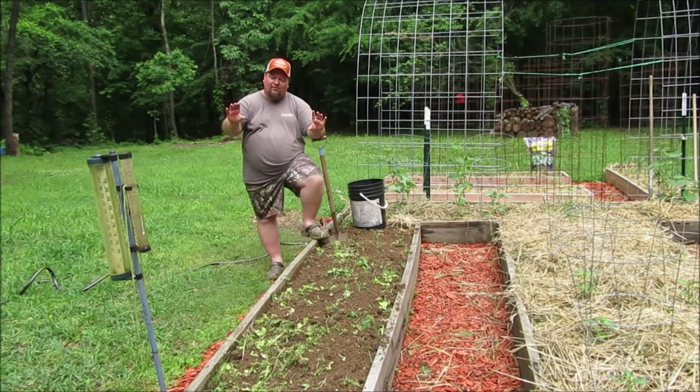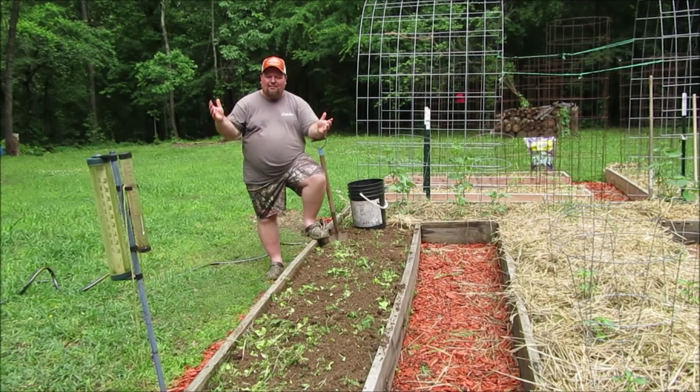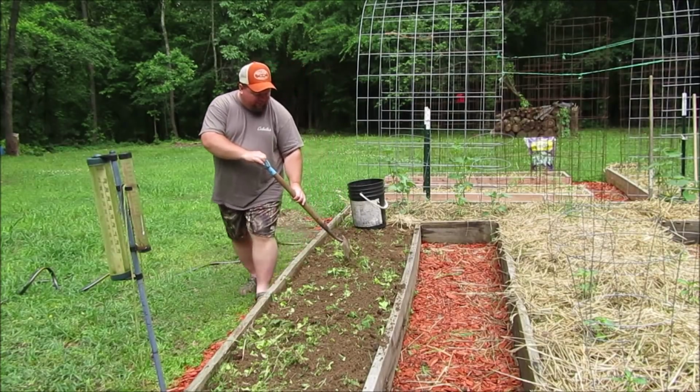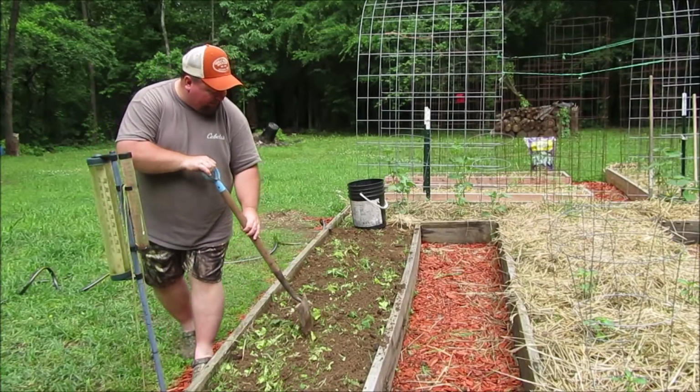If the fish is long ways, I started at the tail and I cut through the backbone and just like this, and I cut that in about 5 or 6 pieces, probably a piece of the head and a piece of the tail, and then four sections out of the middle. So what I'm going to do is I'm going to dig 6 spots through here. I'm just drawing me a rough line in the middle of the bed,